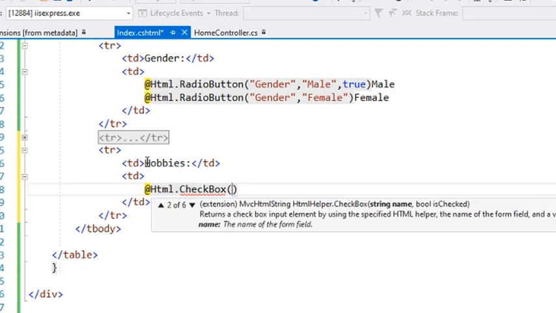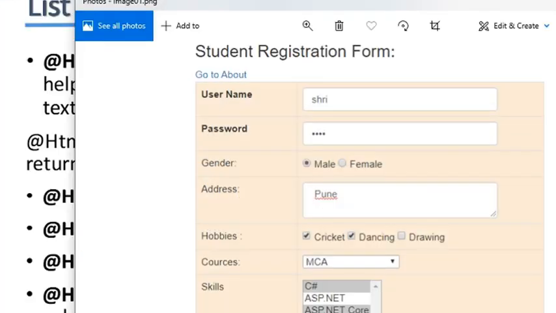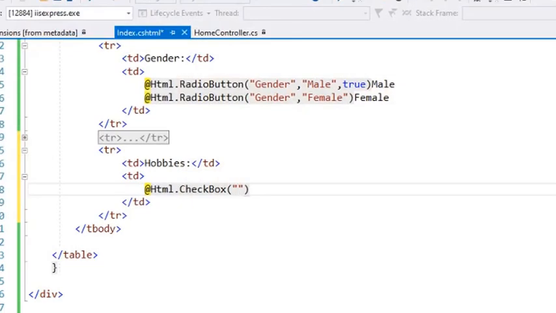The first parameter is the name, the second is the boolean, or the second parameter we can pass the HTML attribute. The fifth one is the string, boolean, and HTML attribute. So first, what are the hobbies we are going to display? The first one is cricket. I will use cricket, and